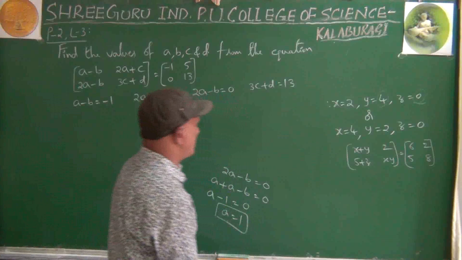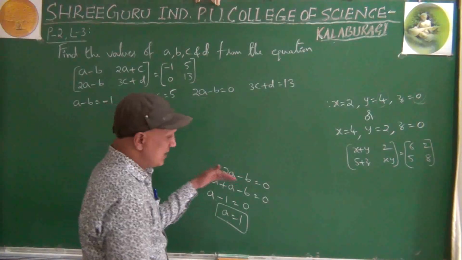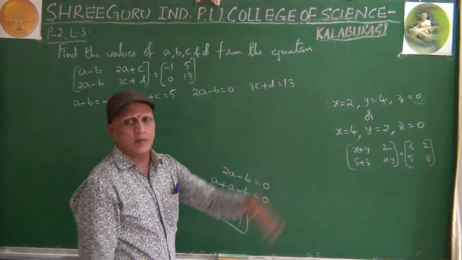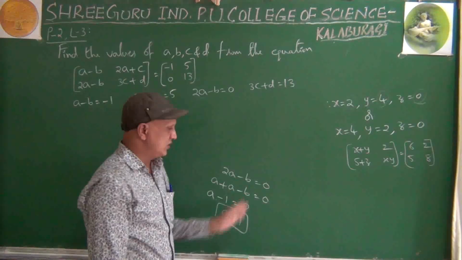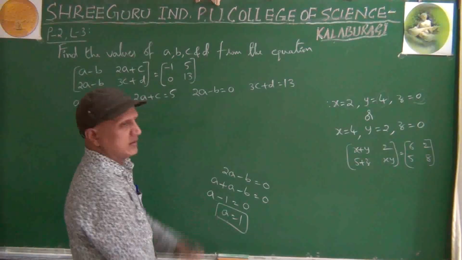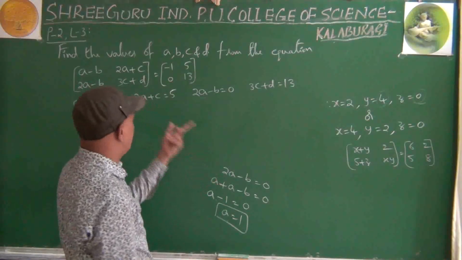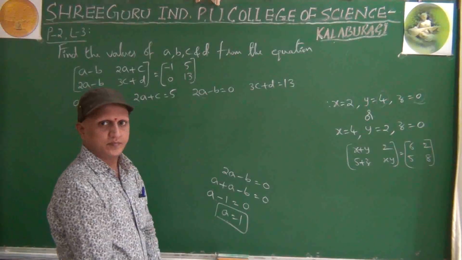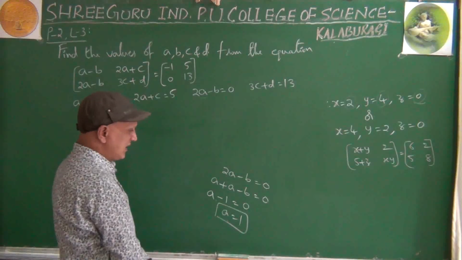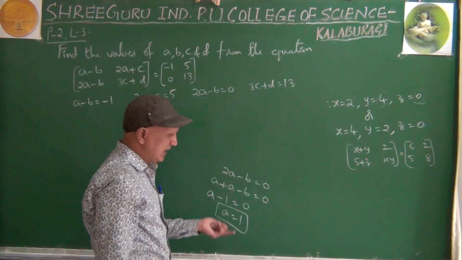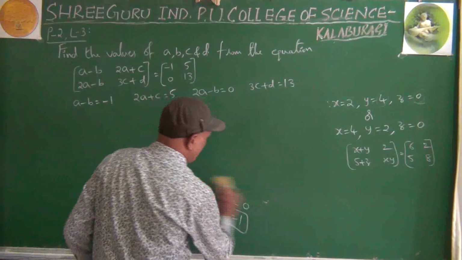Chances are there to confuse. That's why I don't give importance to this one. Then why did I write this one? Those who are extremely good at basics can follow this one. Those people, it's not necessary to remember this especially. 2A can be written as A plus A. Those people can understand easily. Not this 2A, okay, this 2A. That's why those who are very good at basics can follow this one. Otherwise, another method is there.